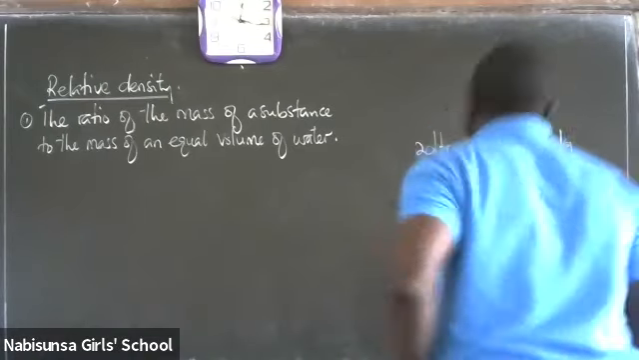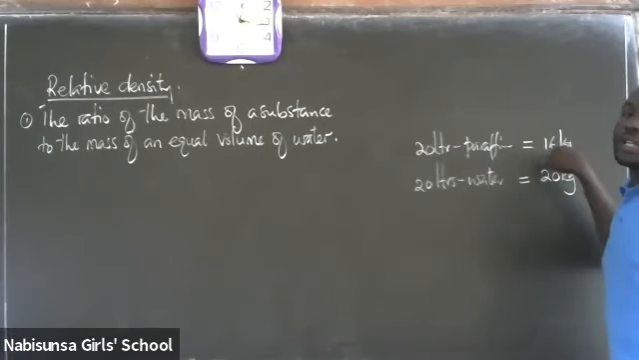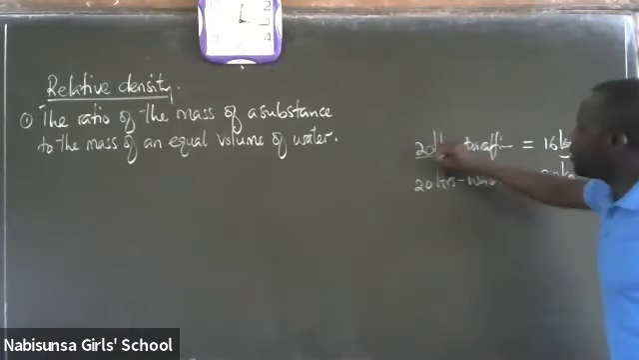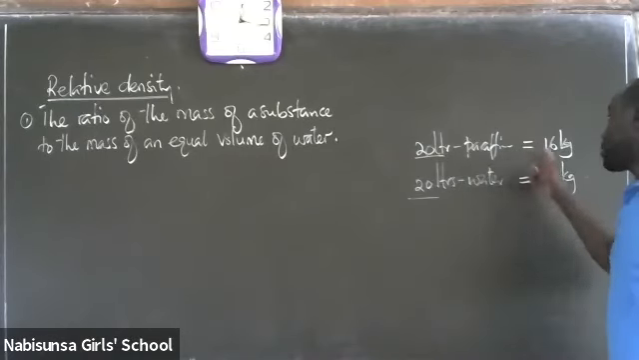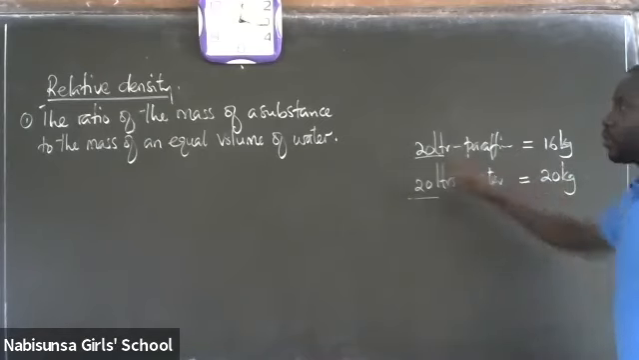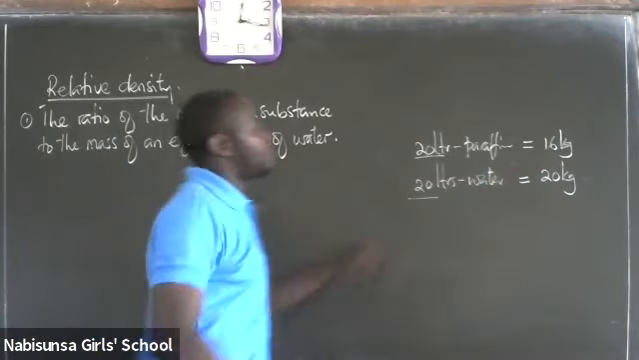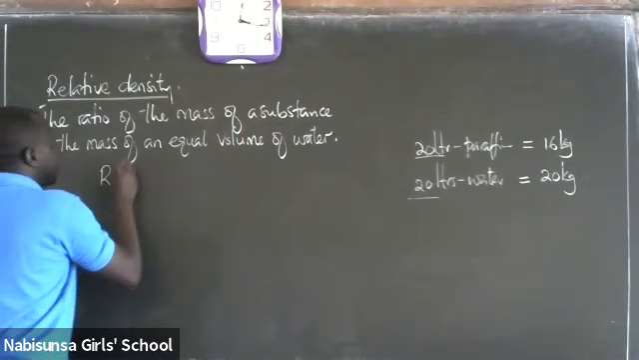Okay. So I was saying we measure 20 liters of paraffin and we get its mass. We measure 20 liters of water, we get the mass. The volumes are equal, 20. But the masses are not equal. So according to this definition, if you want the relative density of paraffin, we are saying the relative density is